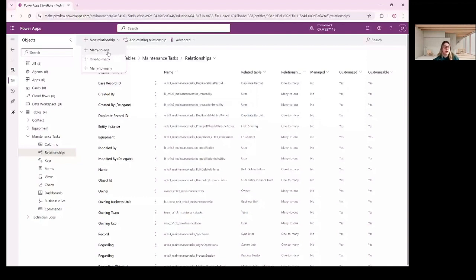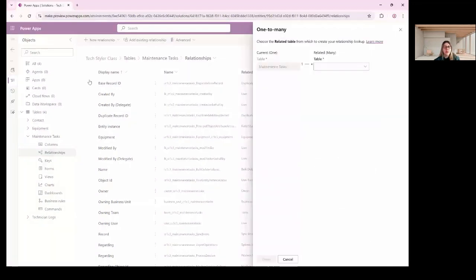So let's say here, I'm going to, you want to log many details of this task. So I'm going to create a one-to-many relationship. For creating a relationship, it's simple. You just pick the table that you want. So here, I'm going to pick technician